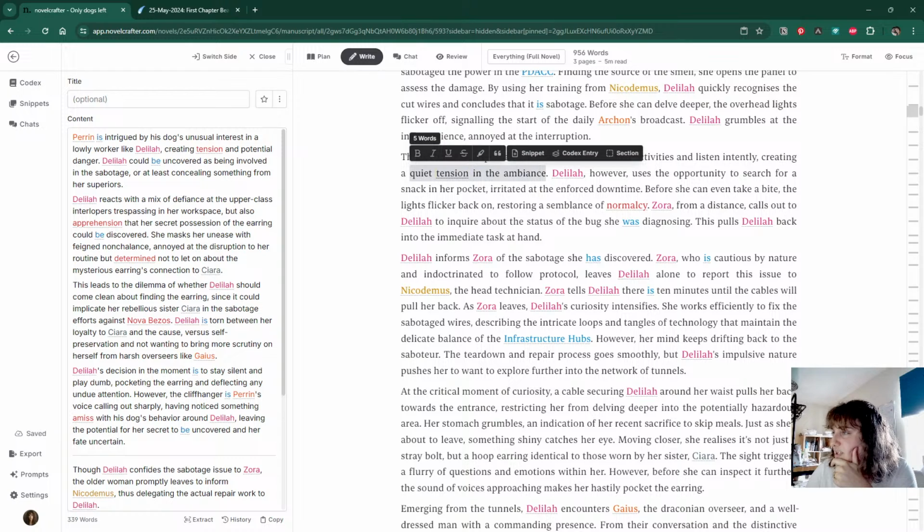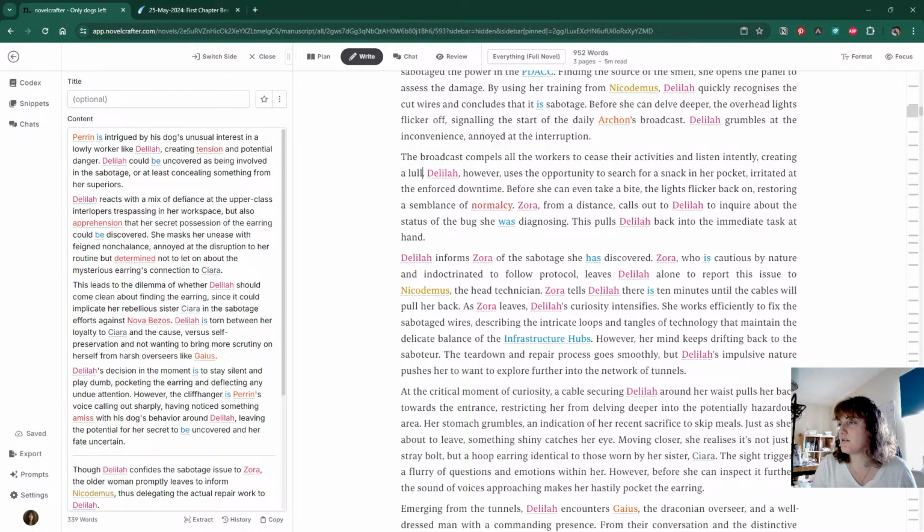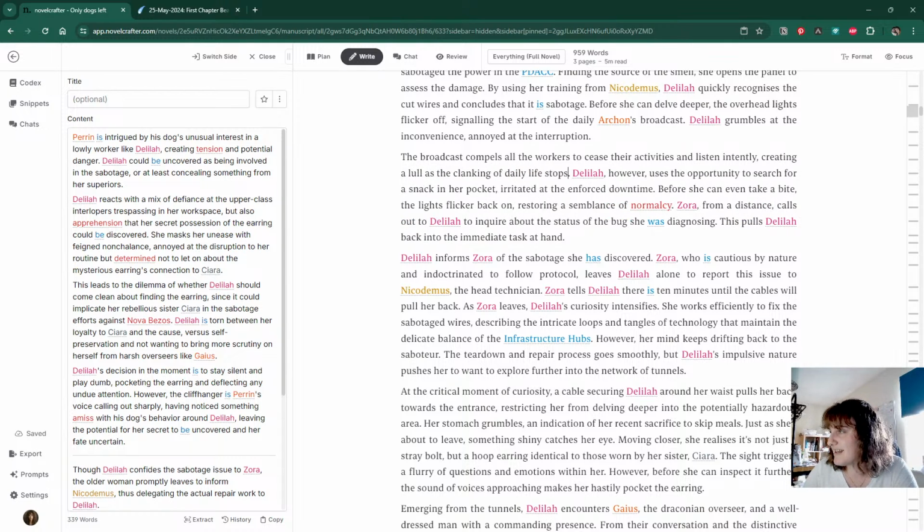I'm going to say creating a lull as the clanking of daily life stops. Delilah, however, uses the opportunity to search for a snack in her pocket, irritated at the enforced downtime. Before she can take a bite, the lights flicker back on, restoring